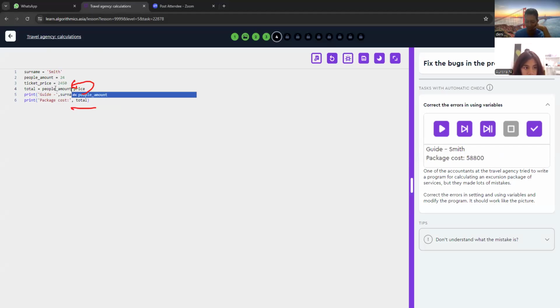Okay, then price. Where does price come from? Ticket price. Yeah, you can run your code.